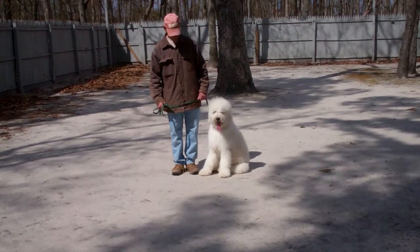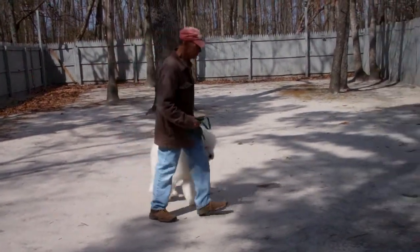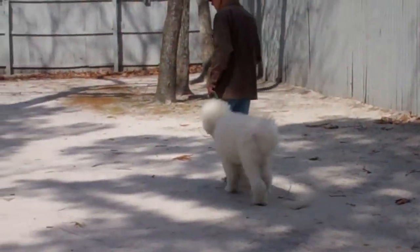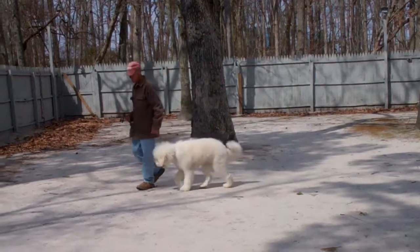Now Brody's sitting at Fred's left, which is where all of our obedience training is done. And the first exercise that they're going to demonstrate for us is heeling. Heeling is proper walking on a leash. The command is Brody heel, and at this point his job is to stay even with Fred's left leg, not